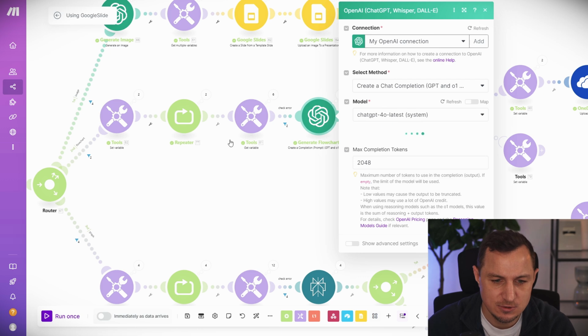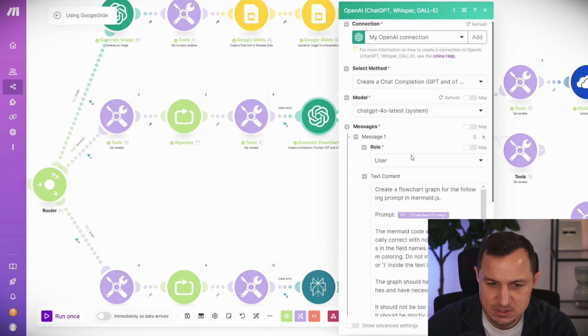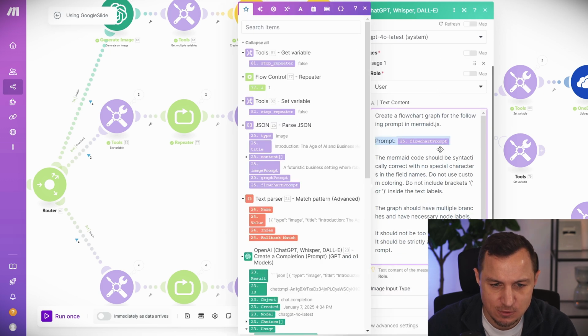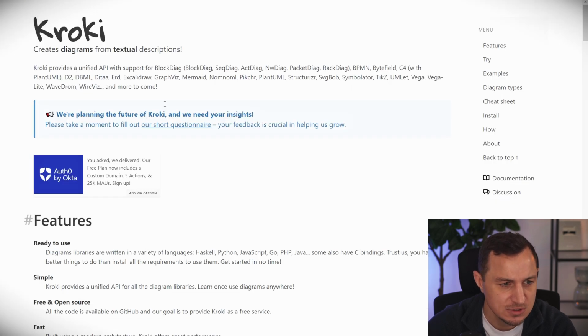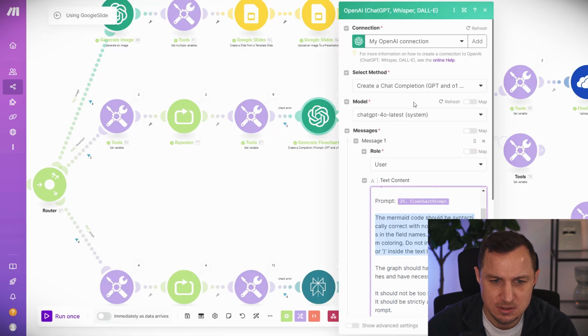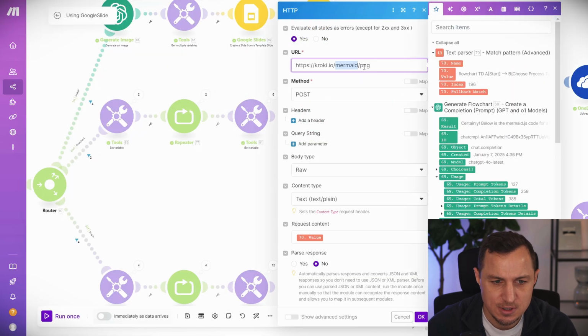So let's look into that real quick before we go into this repeater. Okay, so this generate flowchart automation, what it does is it takes the flowchart prompt and then it creates Mermaid code. Okay, what is Mermaid code? Well, Mermaid code is the code that we can use for Kroki. There are different types of codes that we can use, and we're using specifically this one that is called Mermaid. And using Mermaid and the URL that we are using here, so this URL, mermaid PNG, then creates a flowchart